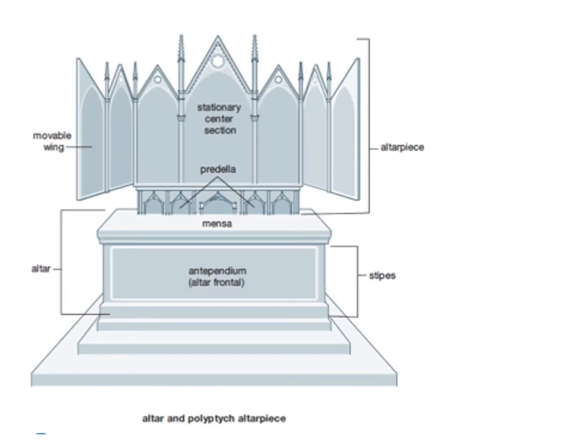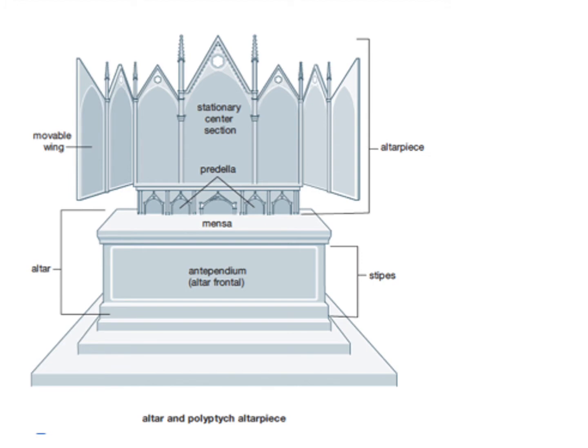Here you can see a diagram of an altarpiece. Your textbook a lot of times will have these illustrations of the architectural schematic of a work of art. Here in this case, it's the altarpiece. There are 2 different types of altarpieces. The one you see here is called a triptych. Well, they label it as a polytych. A polytych is a work of art that has more than 3 movable parts. In this case, it is a triptych. The center stays stationary and the wings to the right and left move in and out. Because there are 3 main panels, we call that a triptych.